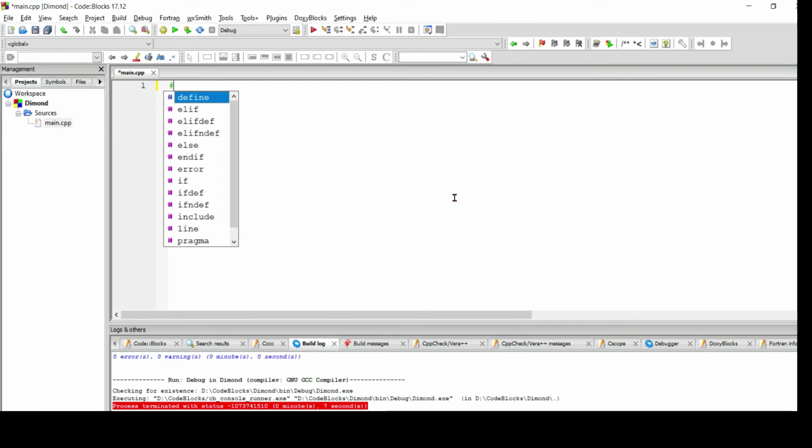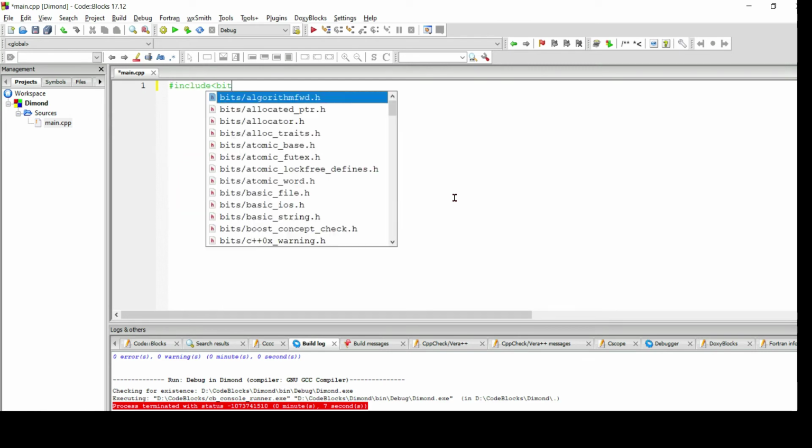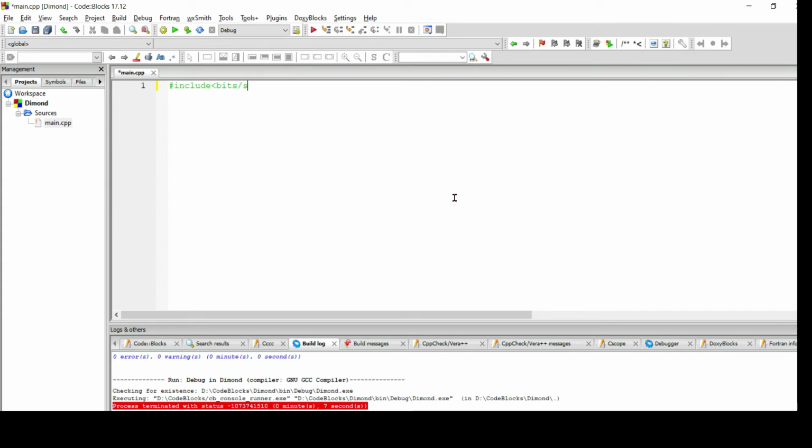So with the header file, I will include bits standard C++.h. I am writing the code in C++, that's why I included that header file.